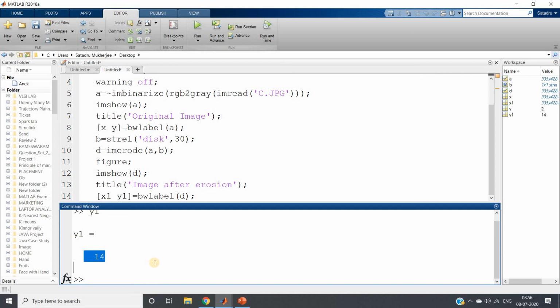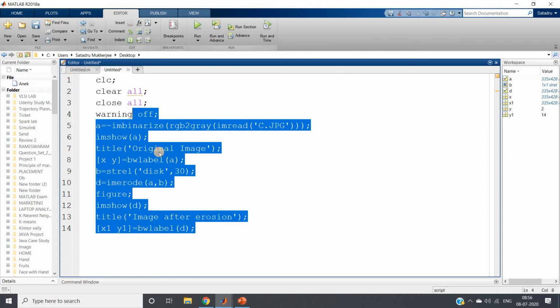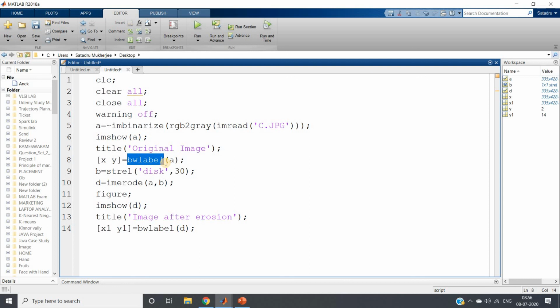So this is the application question where we need to implement the concept of erosion, that is a morphological operation, as well as the labeling of connected components or extracting connected components from a binary image. The same code will be posted in the description box. If you want, you can check there, and don't forget to check my previous videos in the image processing using MATLAB playlist to understand how bwlabel works, what is the algorithm or intuition working behind that, and how erosion works.